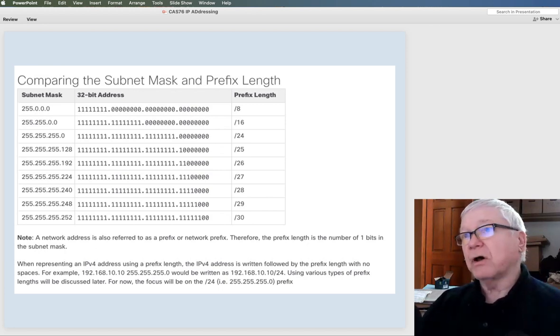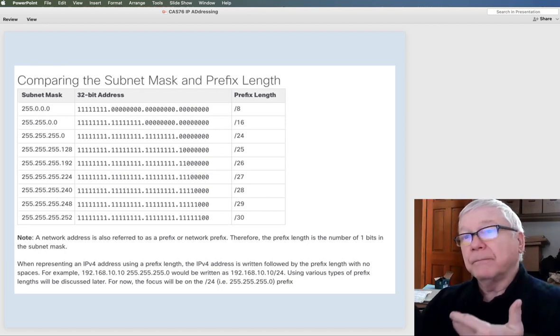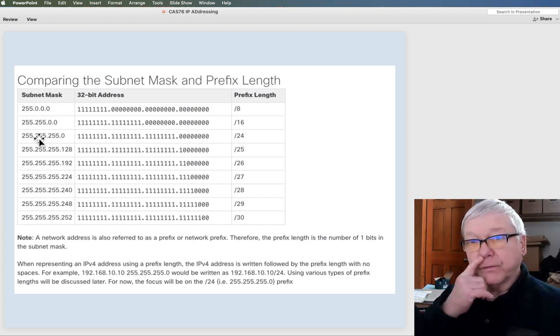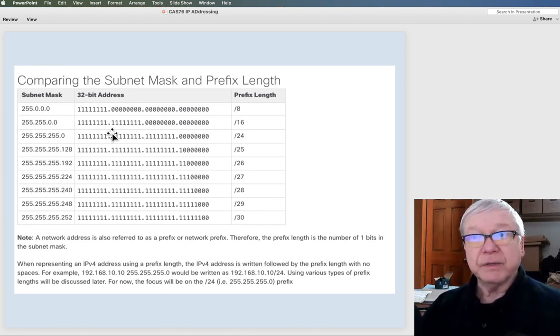And then you saw some explanation and usage of the idea of a prefix as, in a sense, a shortcut. If I want this subnet mask, where I want the first 3 octets to be my network, I can just write that by saying /24.